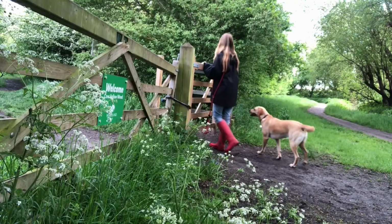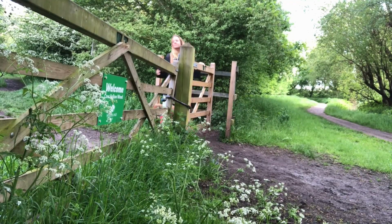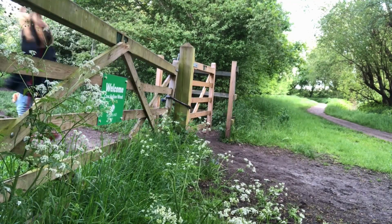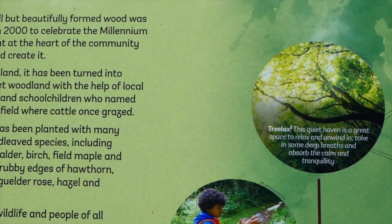So I mentioned that I stopped at Waterbeach, and Waterbeach has a really exciting tiny little country park, which was a story, really a project from the millennium. So what used to be grazing land for cows has now been rewilded by the local community and the children of the primary school. The children have named all the little places you can visit within the park, and also